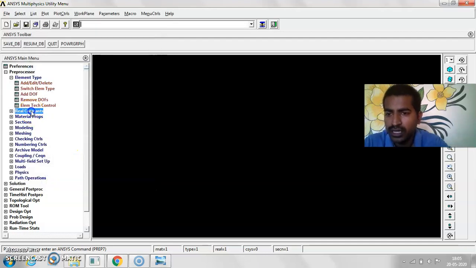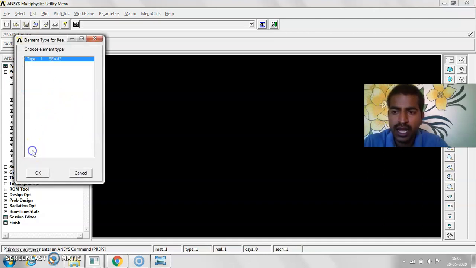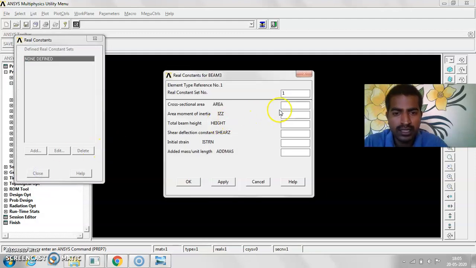Then go for real constants, add, edit, delete. Here add the real constants. Now it is asking for area, IZZ, that is moment of inertia, and height of the beam element. Area, as I said, is B into H or B into D, that is 0.01 into 0.01.